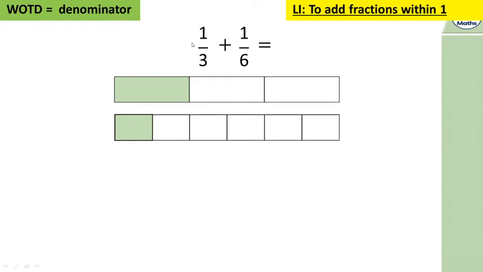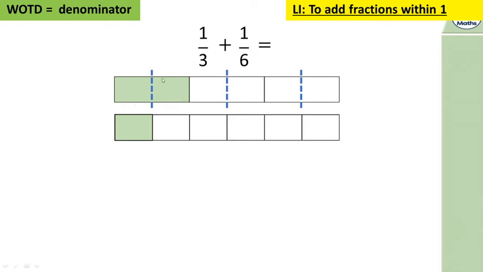Because you can't add that fraction yet because the denominators are not the same. So what can we do with our thirds to make them into sixths so that we can add them? Okay, so if we change our thirds into sixths, if we're doing it visually, we've just divided our thirds by 2, so we get 1, 2, 3, 4, 5, 6 into sixths, and that shows us that 1/3 is